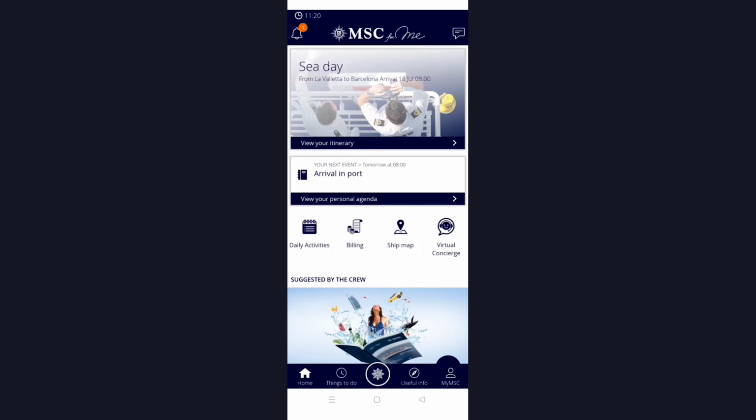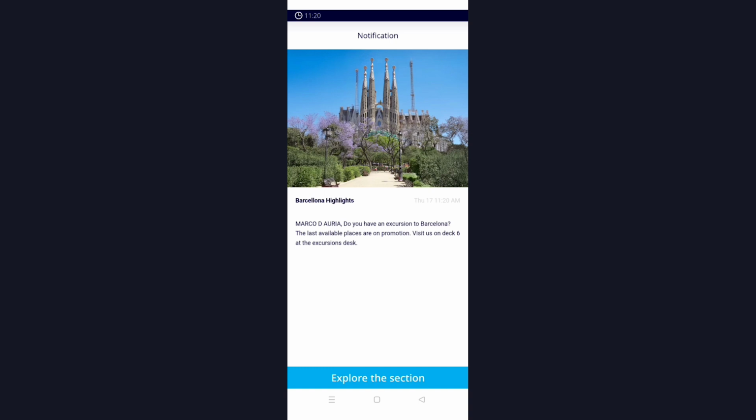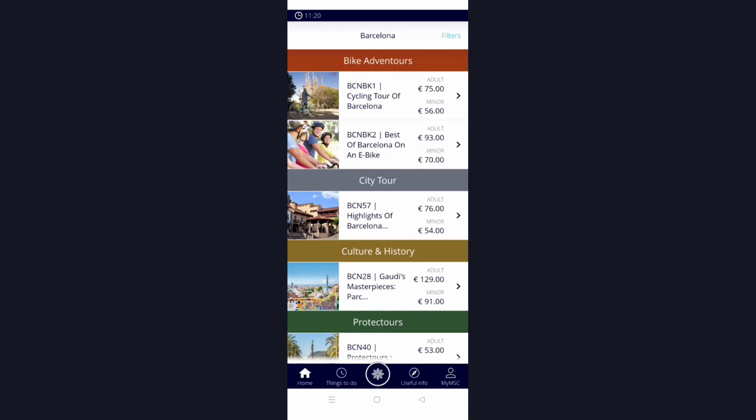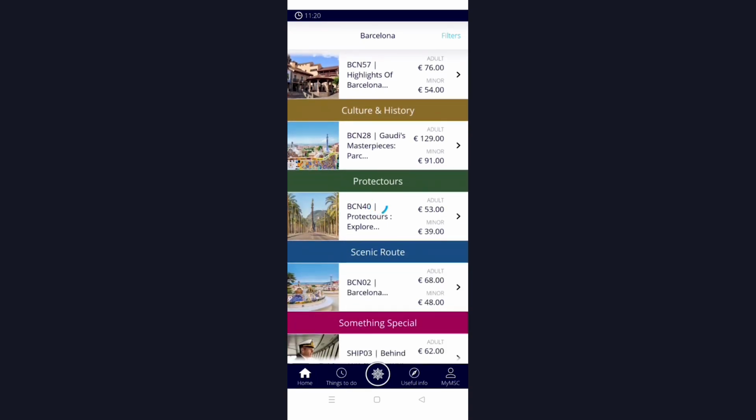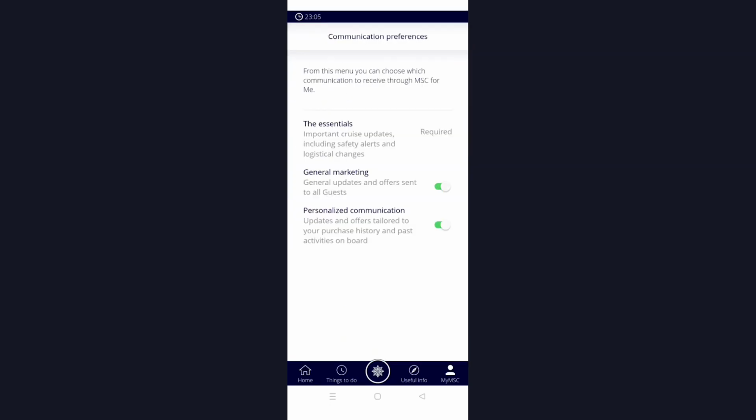Guests receive the message in their preferred language, as set in the mobile app. Guests receive the push notification which contains a deep link. When they tap it, they are directly redirected to the booking or purchasing page of the service. Guests can also go back to the inbox and check the notification from there, tapping on the CTA and landing on the booking or purchasing page of the service. Guests can change notification consent from the settings page under Marketing Communications. Here, guests can disable or enable general marketing consent or commercial consent.